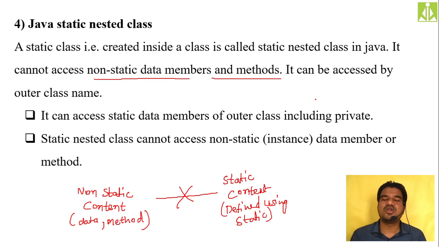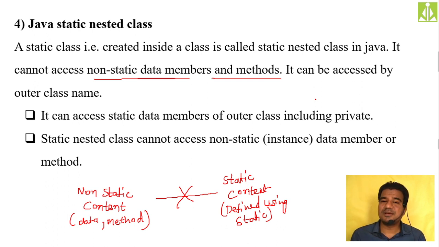Because without the terminology, learning any programming language is very difficult. You will not understand anything. Whatever terms I'm using over here are purely the terminological terms in your Java programming. So first of all, you need to know what is static. Then only you will understand all these things. Okay. So static nested class.